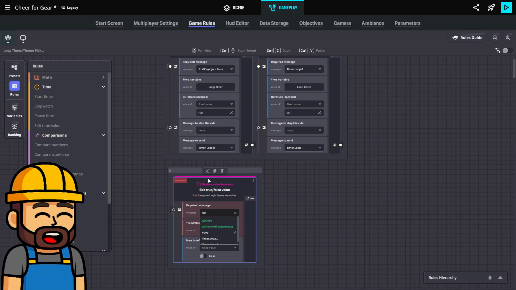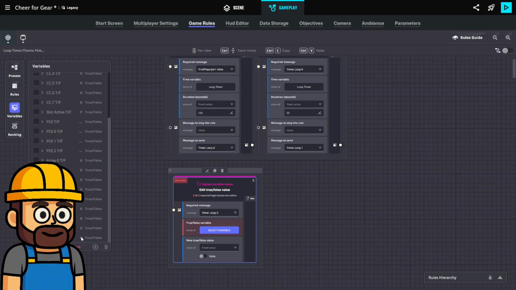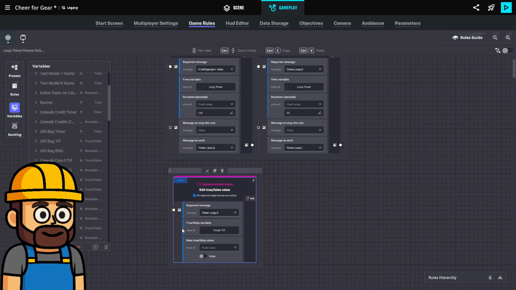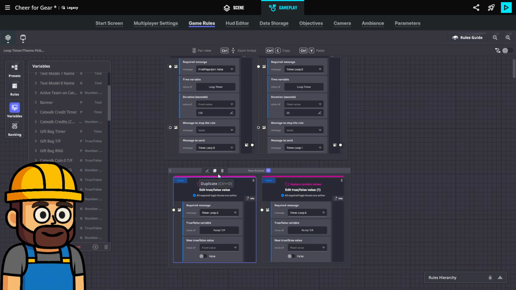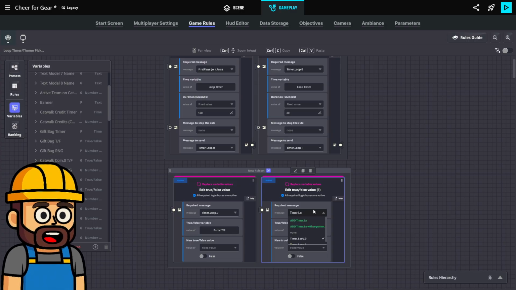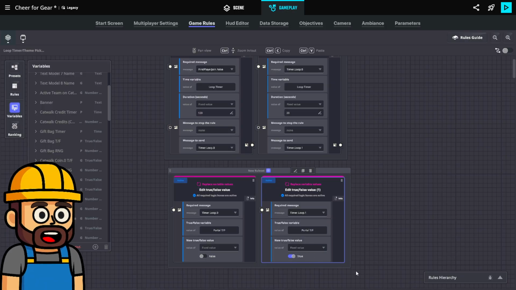And when we get loop.0, the true false variable portal is going to be changed to false. And then when we get timer.loop.1, we'll put it back to true.